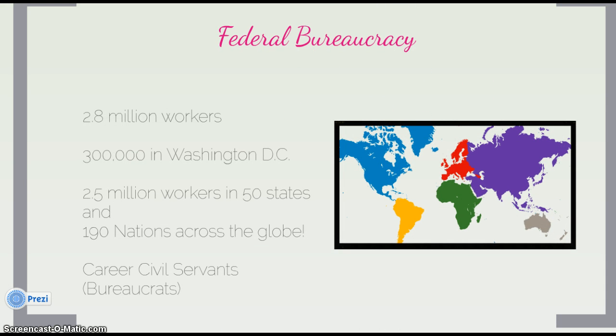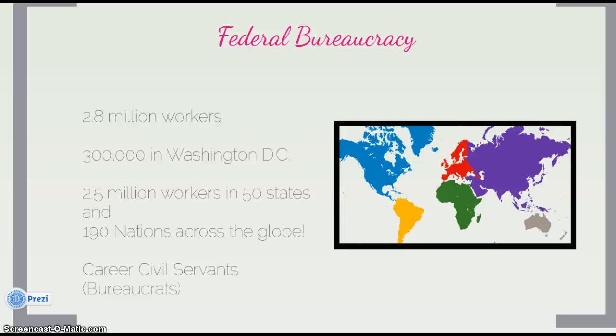So you see a picture of the United States. You see really a picture of the world. On the left-hand side in blue, you see the United States, Canada, and Mexico. You also see the world because it's rather interesting. Of the 2.8 million workers that make up the federal bureaucracy, only 300,000 or so work in and around Washington, D.C. That means that there are some 2.5 million workers that are spread across 50 states and, believe it or not, 190